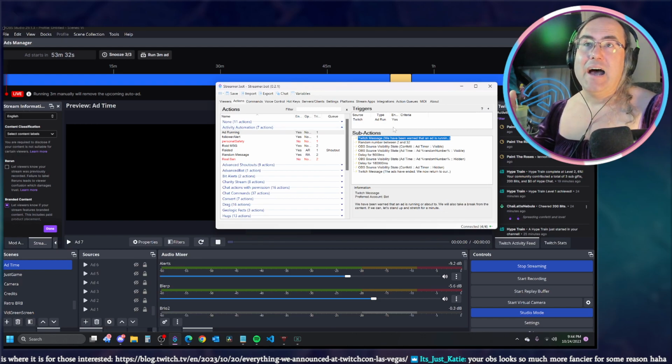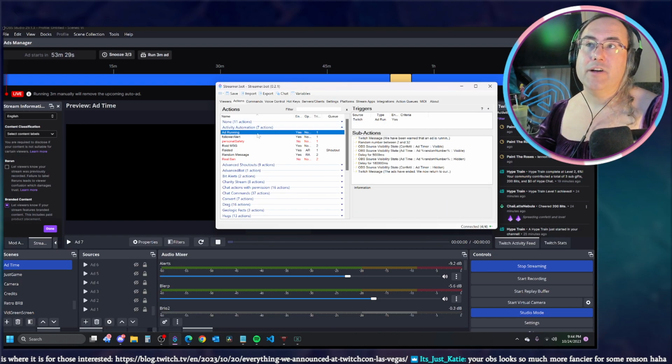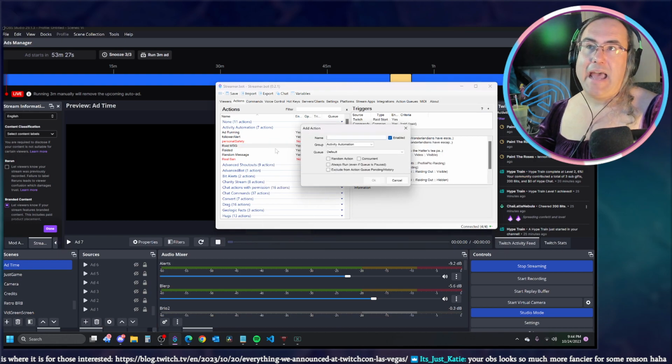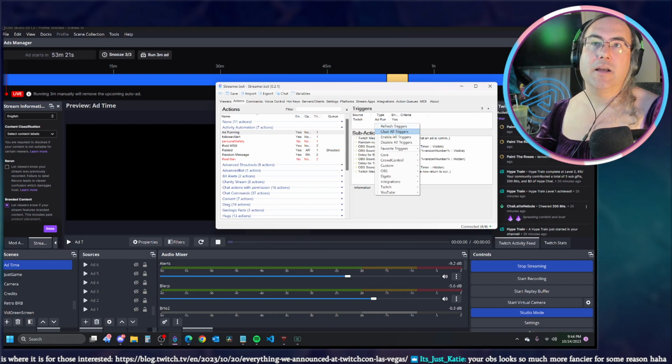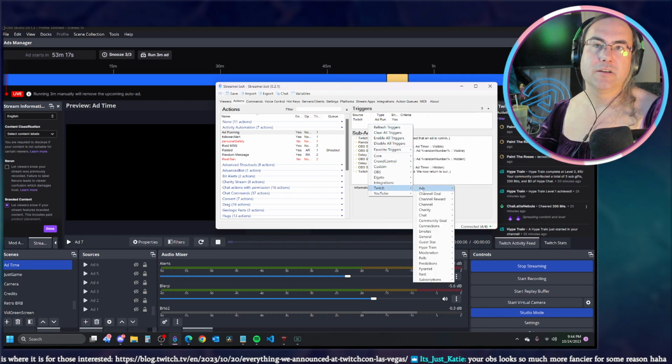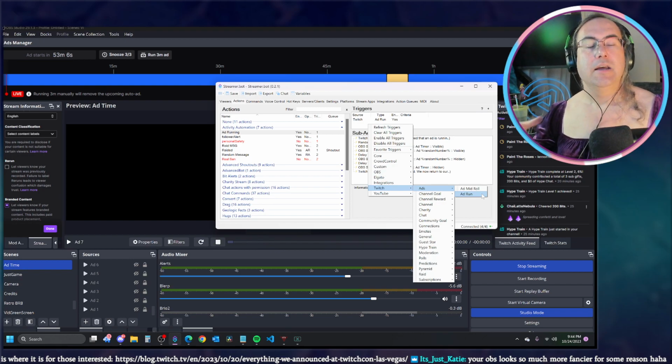And then for this, once you've created your activity, so you just add a new action here and give it whatever name you want, set up whatever actions you want for your personal stream. Then click up here, and for your triggers, it's a right click in triggers, Twitch, ads, and you can just do add run or add mid roll. Either way, I like add run because that way it catches it on all of them, including the ones that are happening on my starting soon screen, which would technically be the pre-rolls and stuff like that. So anytime an ad runs, it'll pop up.